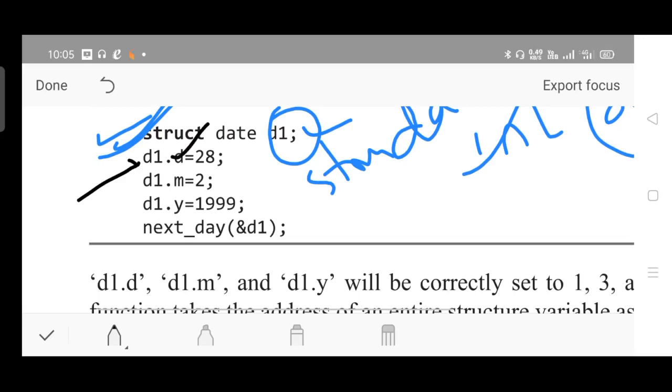So d1 dot d represents the accessing of member date from d1, accessing of m from d1, accessing of y from d1. Using dot operator, say 28, 2 and 1999, whatever it may be. So these are the values you are providing.